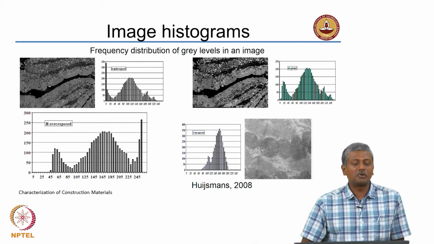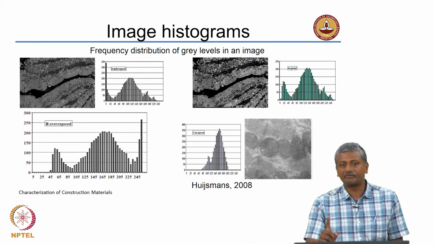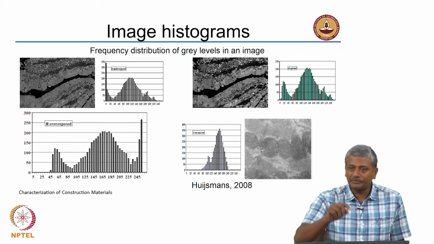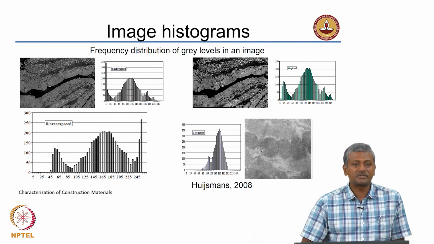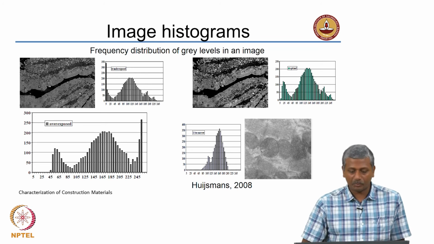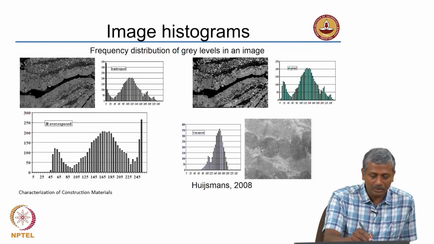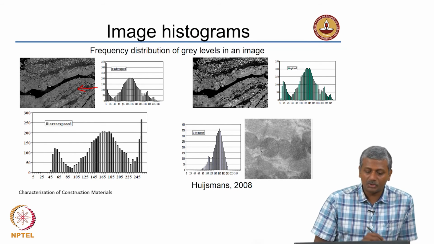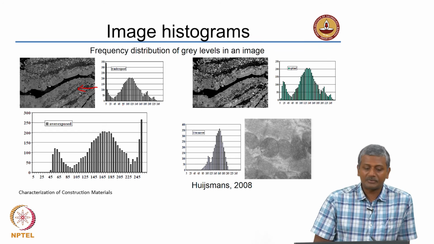So, here what you are simply doing is representing each pixel's value, which is from 0 to 255, in a histogram. If the white value 255 appears in that image 150 times, the histogram should represent 150 for the 255 point. Here, for example, is the histogram for this image, image on the left and histogram on the right. So, you see the frequency distribution of how many times that particular value appears.